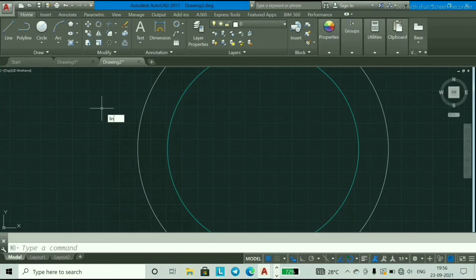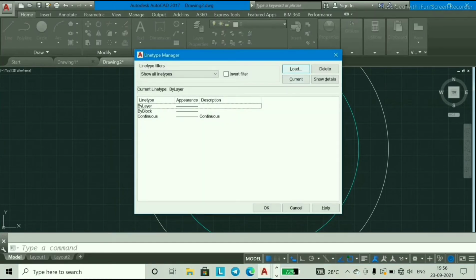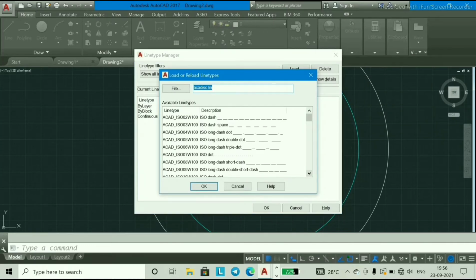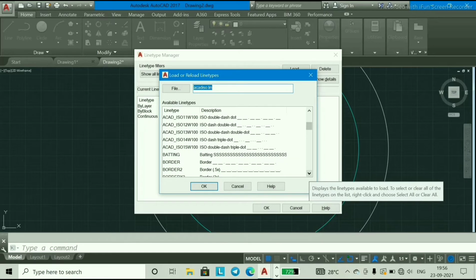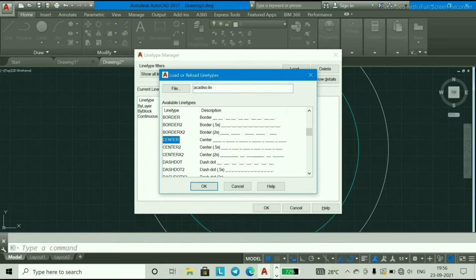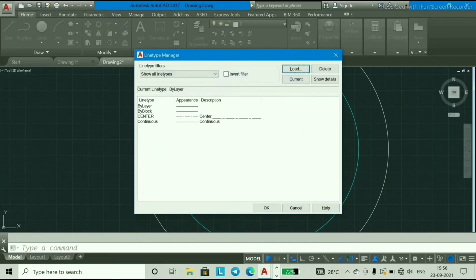So type LINETYPE, select load, and select center, OK.